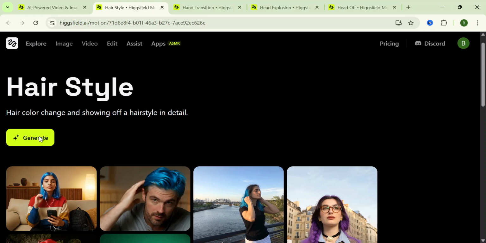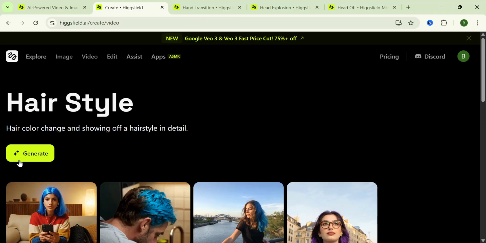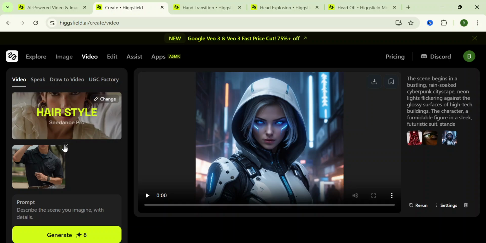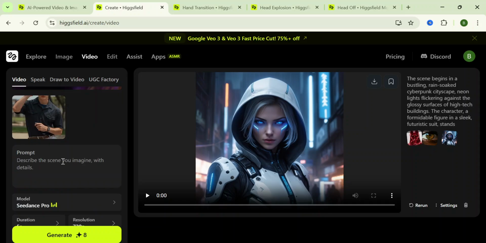and then once you've clicked on generate, or if you like any of them, you can click on any of these video samples here. But once you've clicked on generate, you will be redirected to this page where you get to upload your image here. So once you upload your image, you can also describe what you actually want. Let's say you want your color to change from black to auburn, or from black to purple,